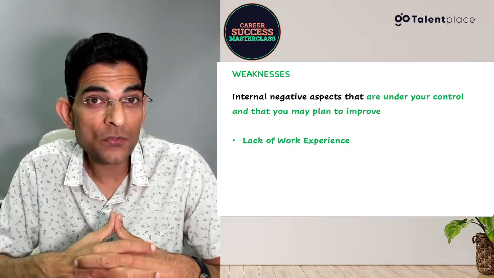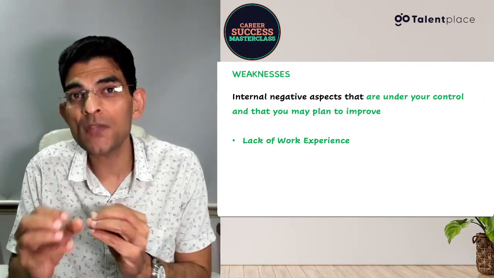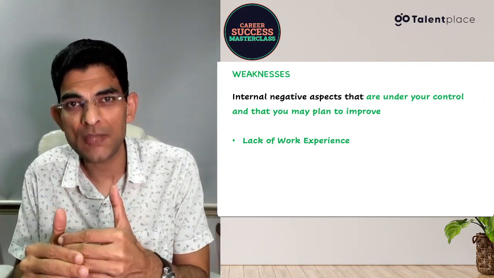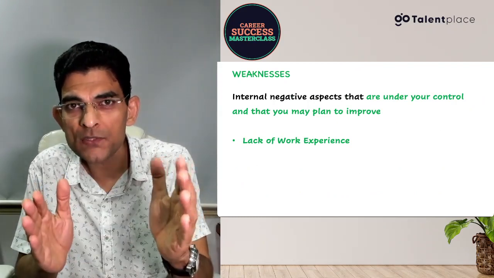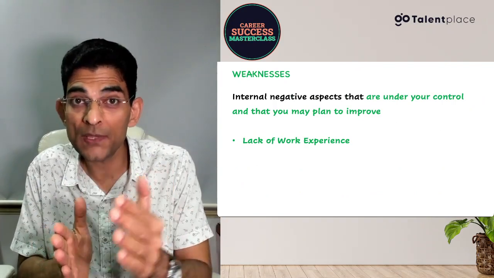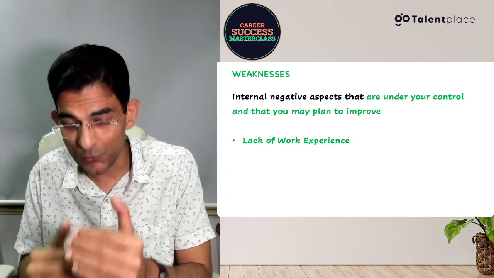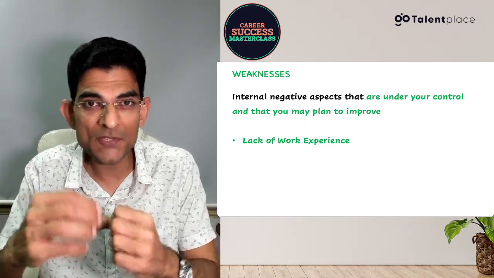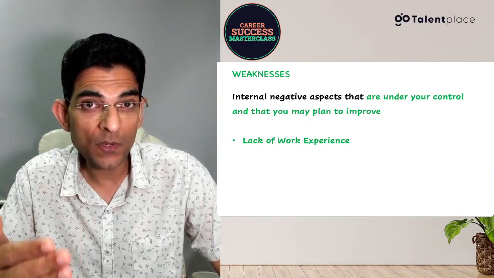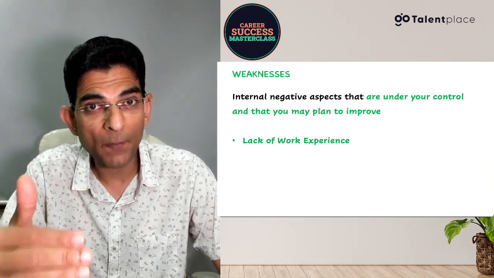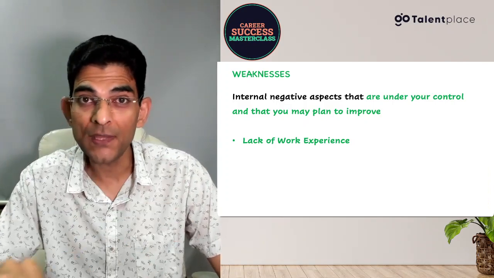How do I convert it into strength? It will not get converted overnight, but I'll have to start doing something. Okay, let's take the first step, a baby step, and then next step. And slowly, I'll have a long-term plan, say a 3 years plan of becoming an expert in artificial intelligence. And why not? I can. So I'll take those baby steps and plan it in such a way that in 6 months, in 1 year, in 1.5 years, in 2 years, I'll achieve those milestones, and in 3 years, I'll be at the top of that area.